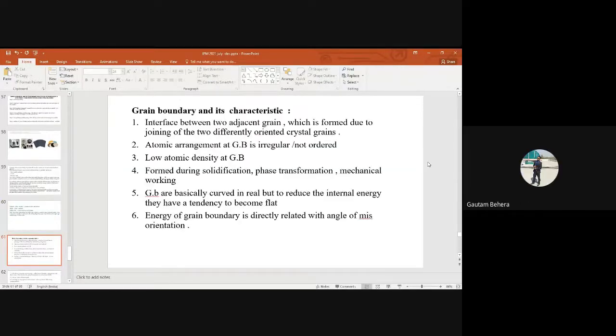Now we will discuss the grain boundary and its characteristics. Since we are more interested in looking at the grain boundaries, can you tell me why we try to look at grain boundaries? Any idea up to this? I have told you a lot of things about grain size and so on. If you can see the grain boundary, what things can you determine from that?